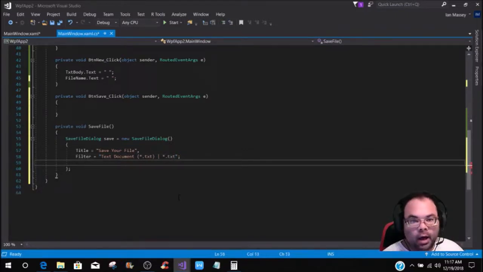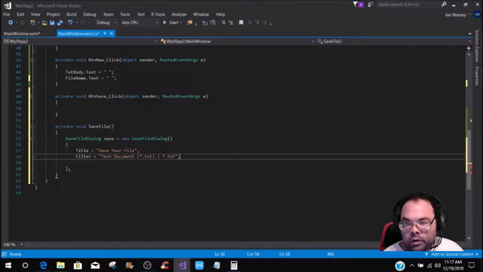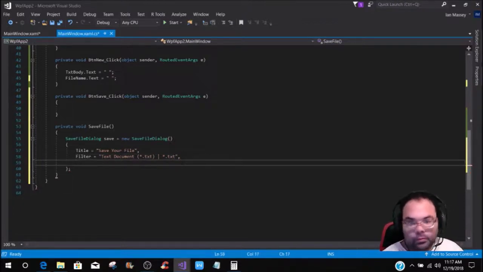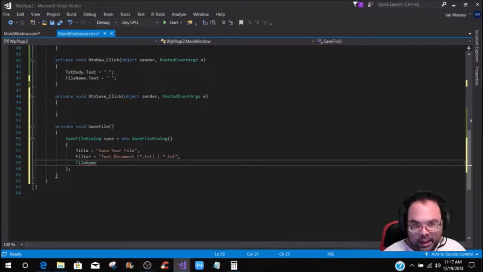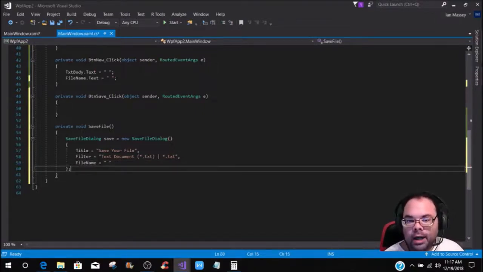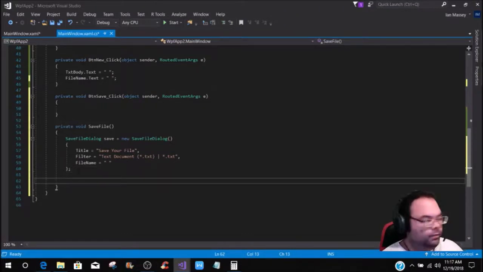You're going to close that off. Well, no, don't close that off. You're going to put a comma, and then under filter, you are going to put file name equals, and then it's going to be blank. All right, now if you come outside of that right there, this is going to be if. We'll put if